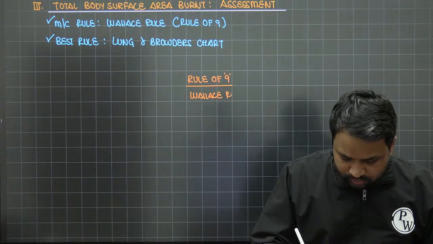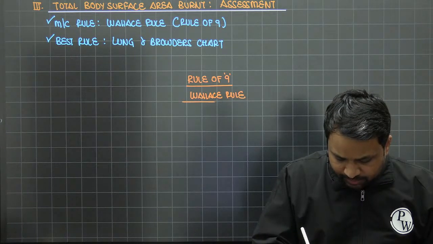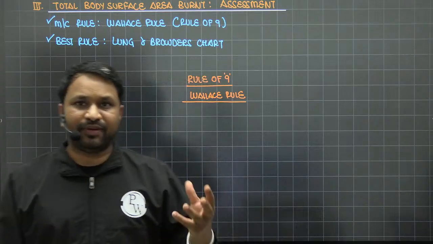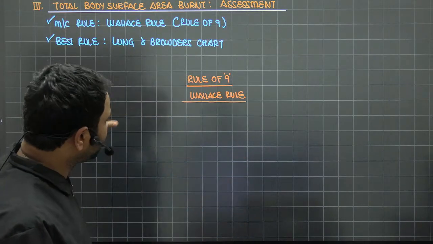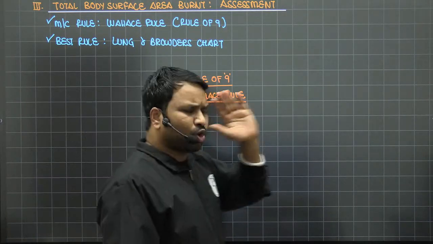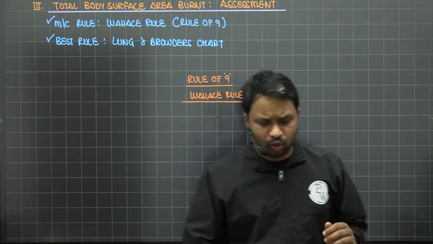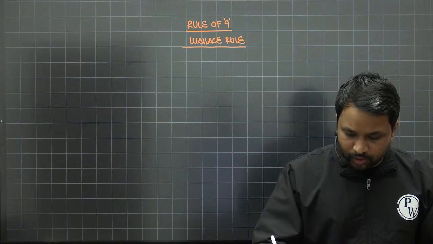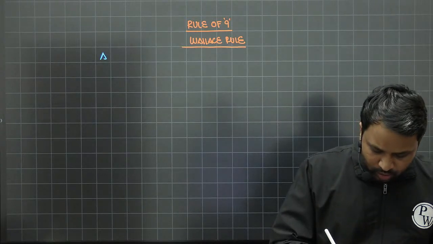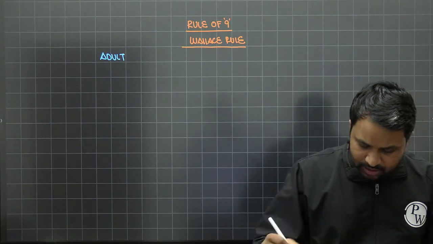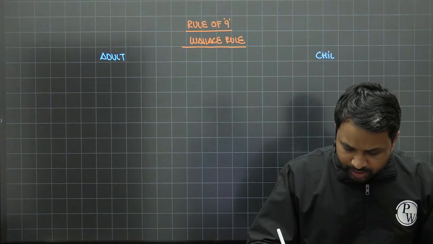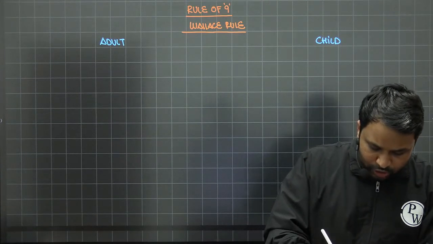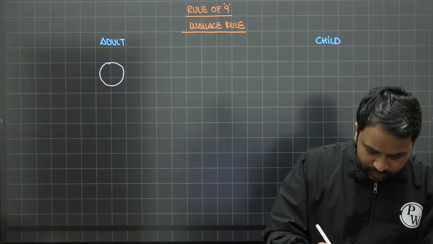Now, there is hardly any exam question paper where you would not have a question on burns, and especially when they ask a question on burns, they concentrate on how you assess the total body surface area burnt, and that is your Wallace rule. So I am going to split them into two components. One is the adult, another is the child. Okay? Now when you look at the adult's structural frame,